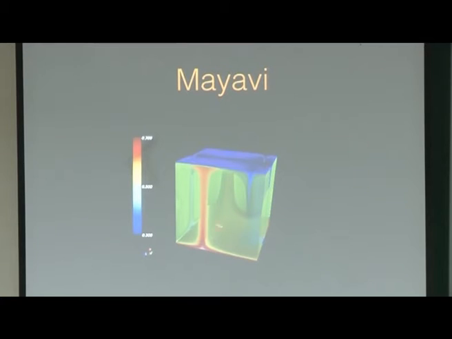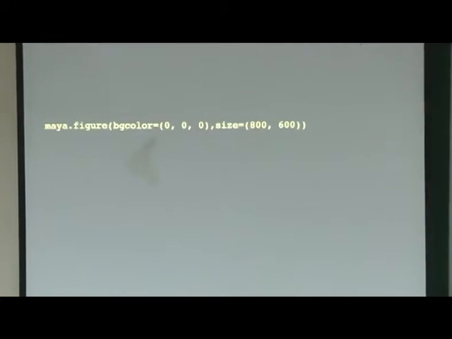So this is the hot fluid which is trying to go up, and the cold fluid which is trying to come down. These are the plumes. If you have this data and want to create this, here I have the isocontours and also the density plot. How to use it is something similar to Matplotlib. You just say maya.figure, this is the background color and then size 800 by 600 pixels, and I have an array T, that is temperature. You could have a different array according to your problem, and I set a color map, say jet. There are different color maps, so you will be able to see later.